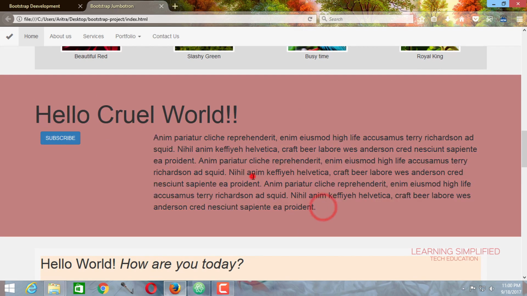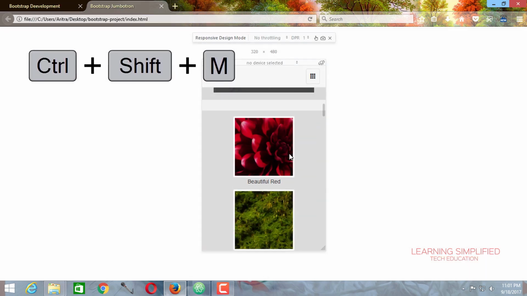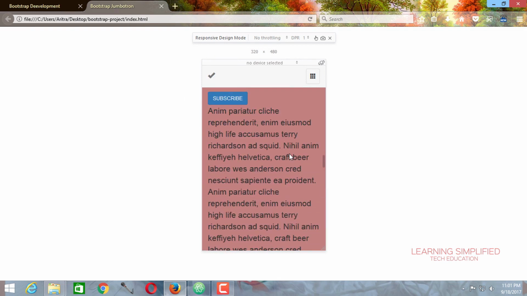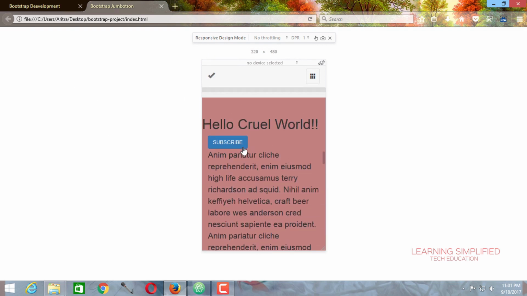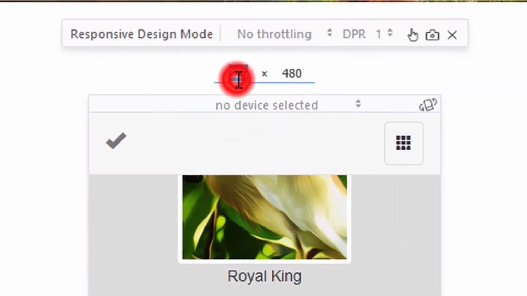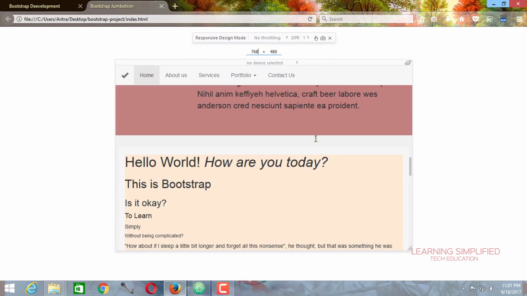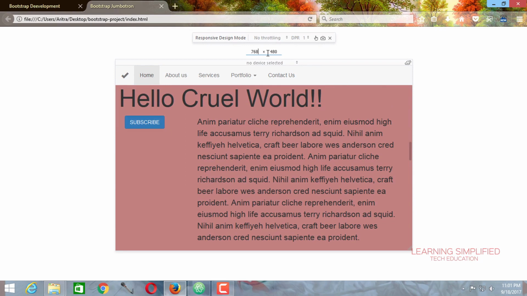Now if we want to make any kind of amendments over here, first of all let's get back to our mobile responsive view. So press Ctrl Shift M, and we can see here's the look, here's the subscribe button, and here's the hello cruel world writing. Now if we press this one, that means we are viewing in 768 px, and we can see that all these contents are coming side by side.